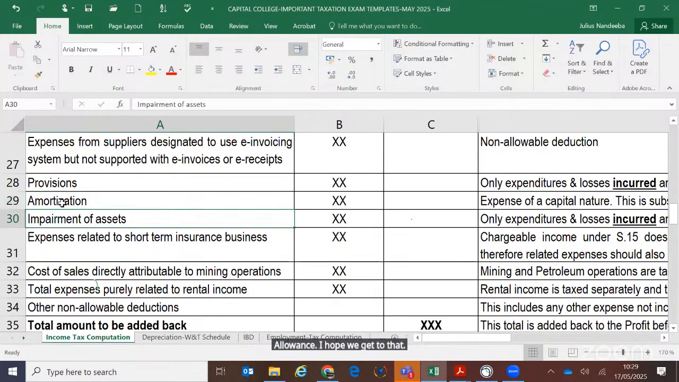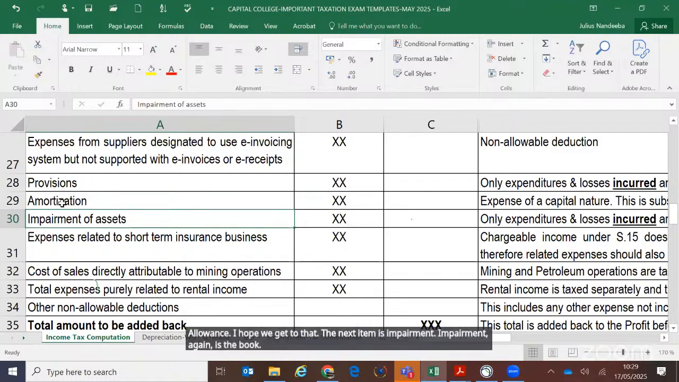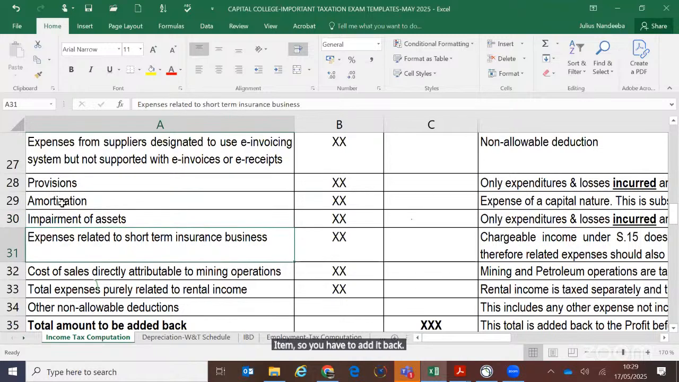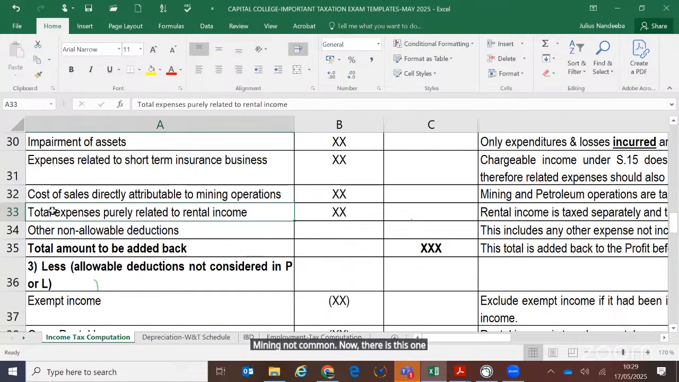The next item is impairment. Impairment again is a book item, so you have to add it back. Expenses, that is not common. Mining, not common. Now, there is this one item called expenses purely related to rental